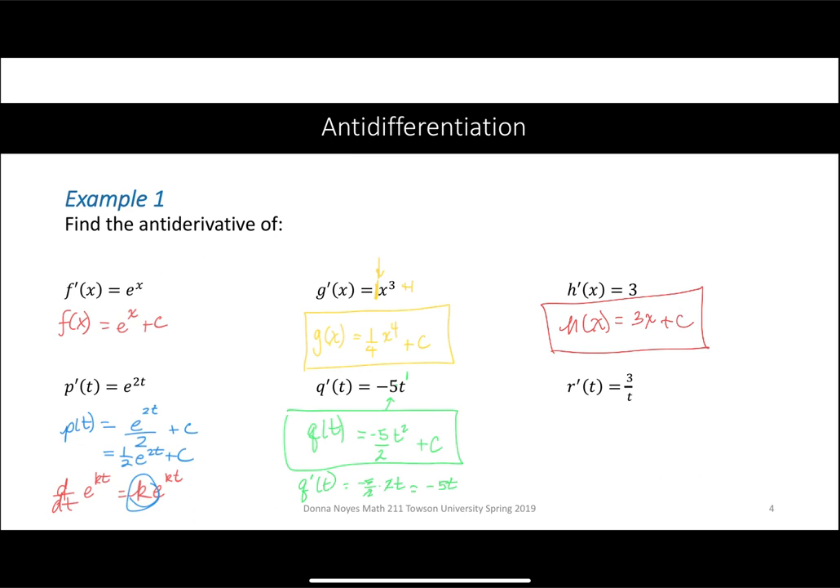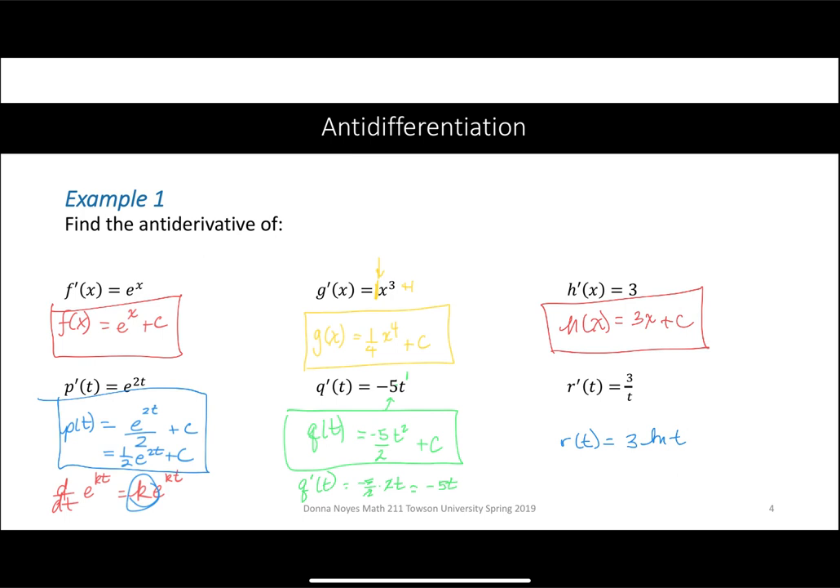In this last one, we've got r prime of t is equal to 3 over t. So what is the only function that you can think of whose derivative would be 1 over t? Something we didn't do very long ago. I'm hoping you remembered that that would be the natural log of t. The only thing that's different